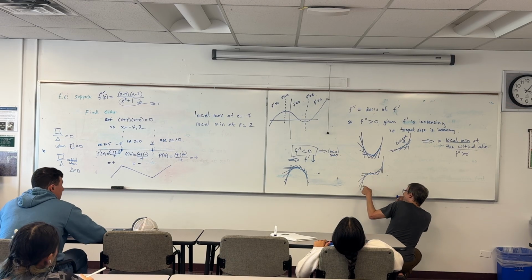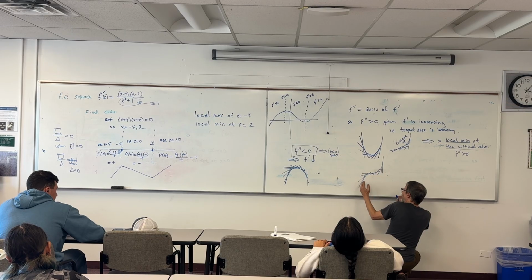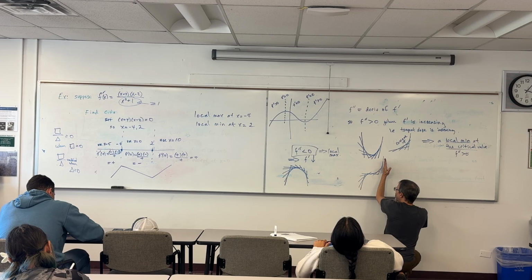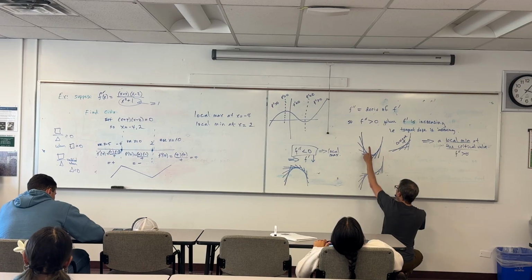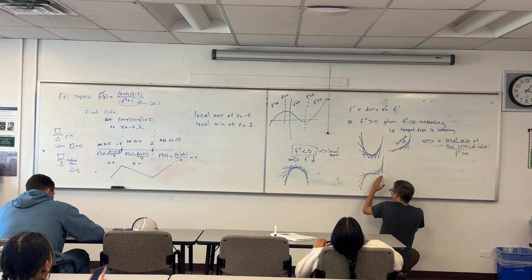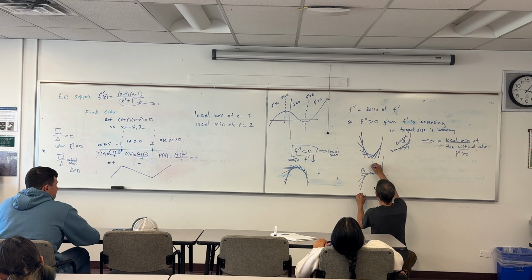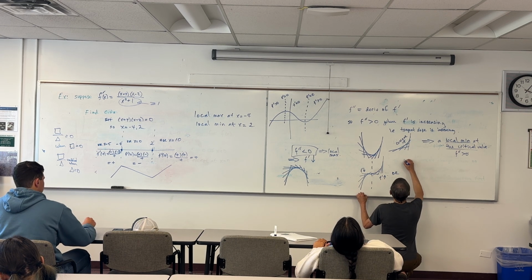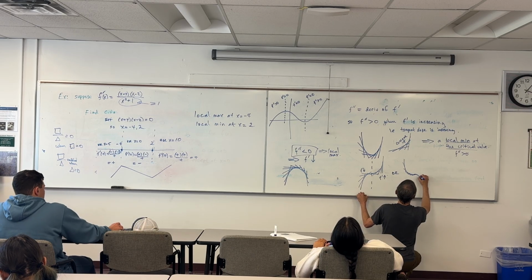Notice here how f prime is always increasing, or wait, no, it's decreasing. So it's decreasing here and then increasing here. Here it's always decreasing, here it's always increasing. So f prime is decreasing on this side, f prime is increasing on this side. Or we look like this, where the tangent slope is decreasing and then,